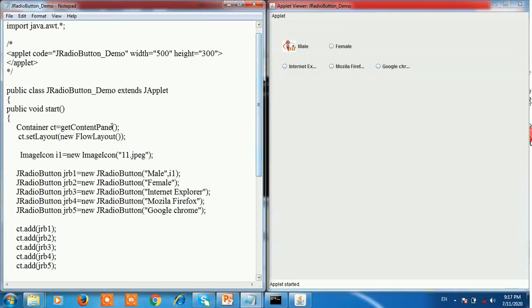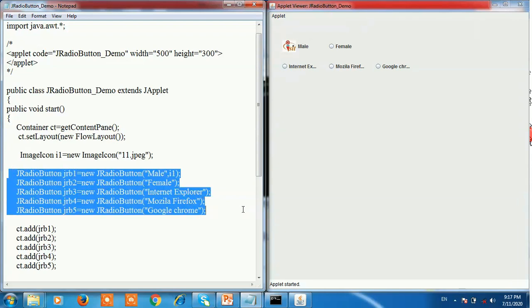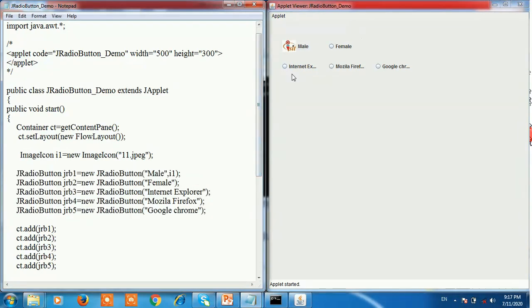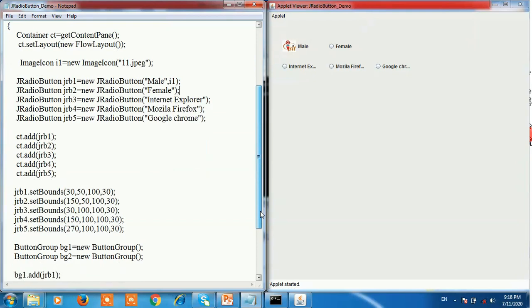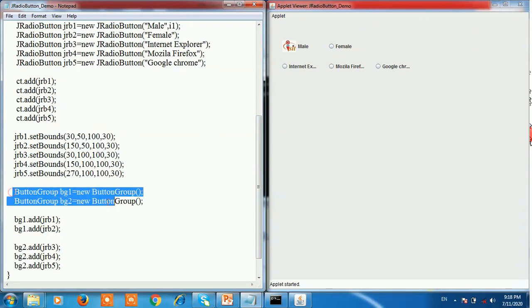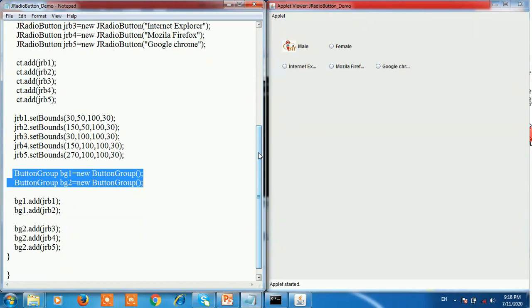Here we create 5 radio buttons. The first radio button is male, the second is female, the third radio button is Internet Explorer, the fourth is Mozilla Firefox, and the fifth is Google Chrome. And here we use radio button groups. The first and second radio buttons are added into button group 1, and radio buttons 3, 4, 5 are added into button group 2.